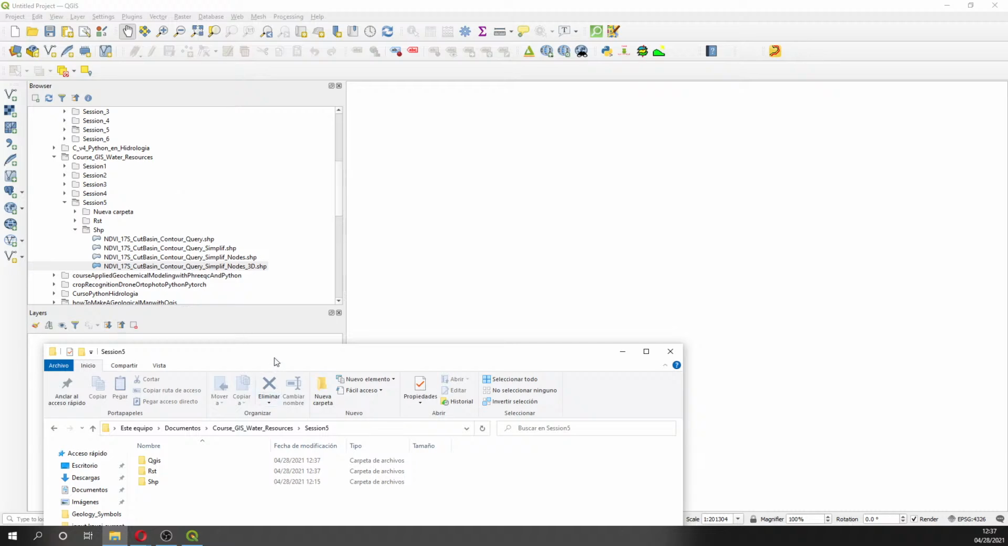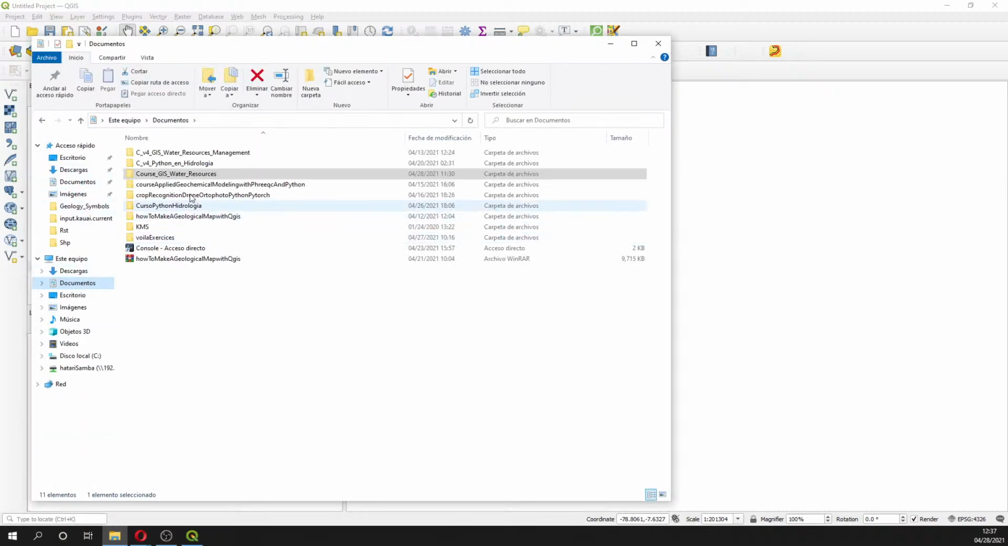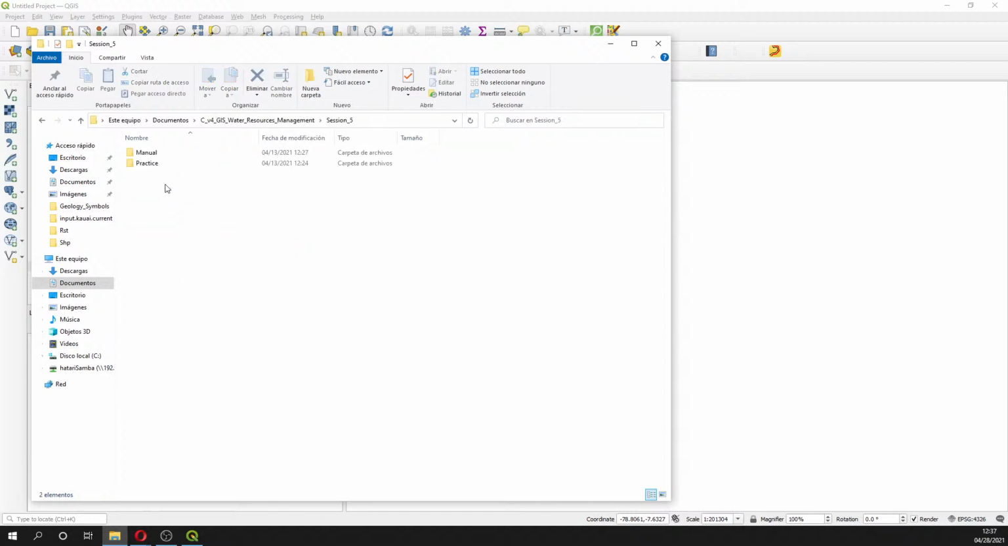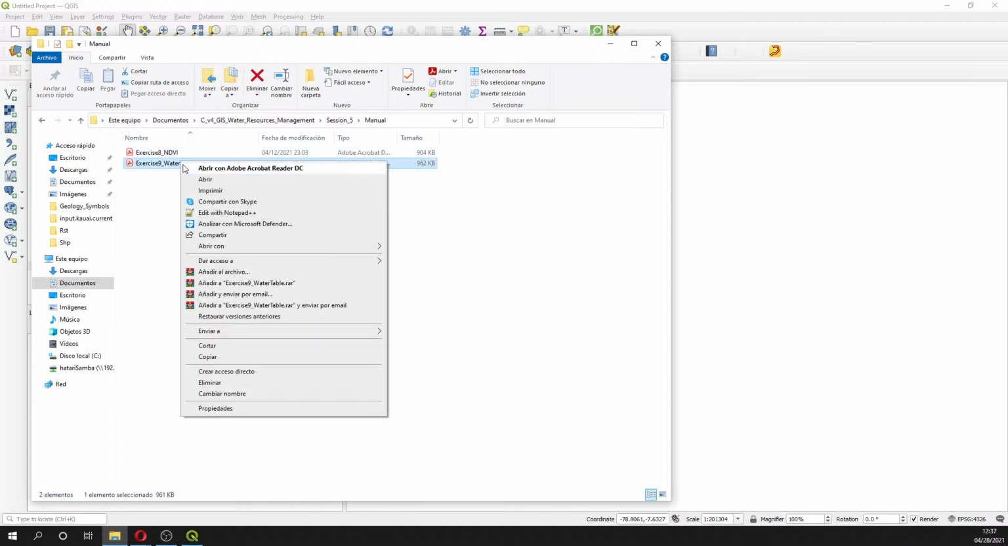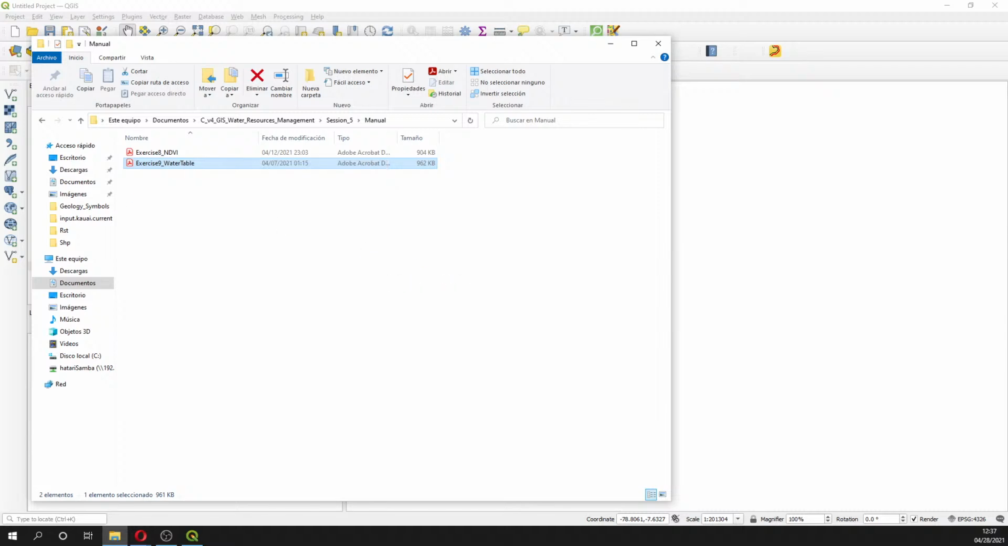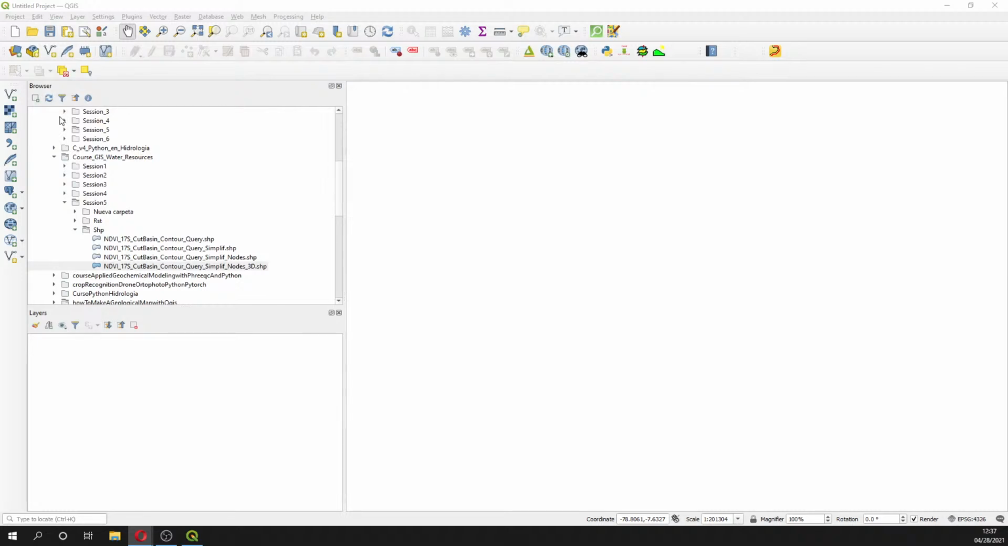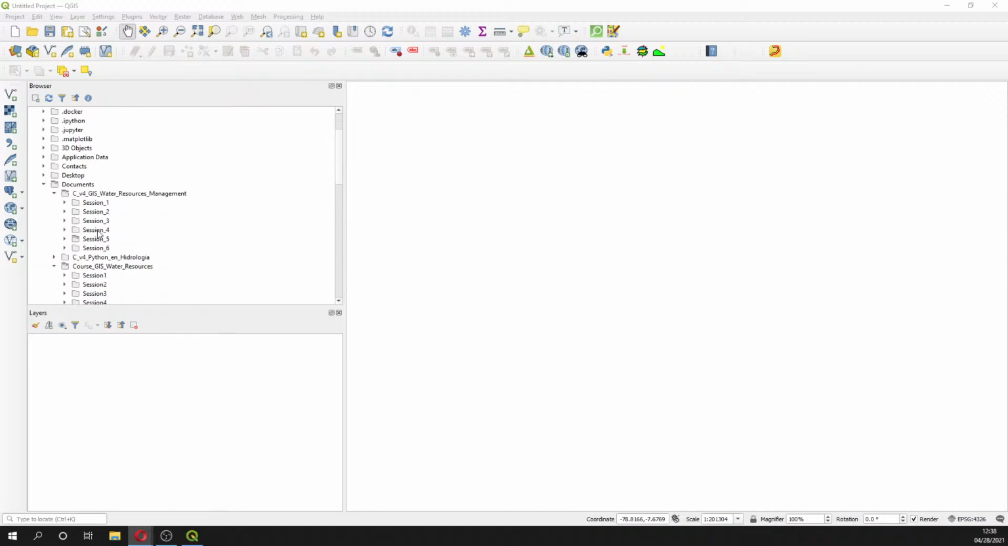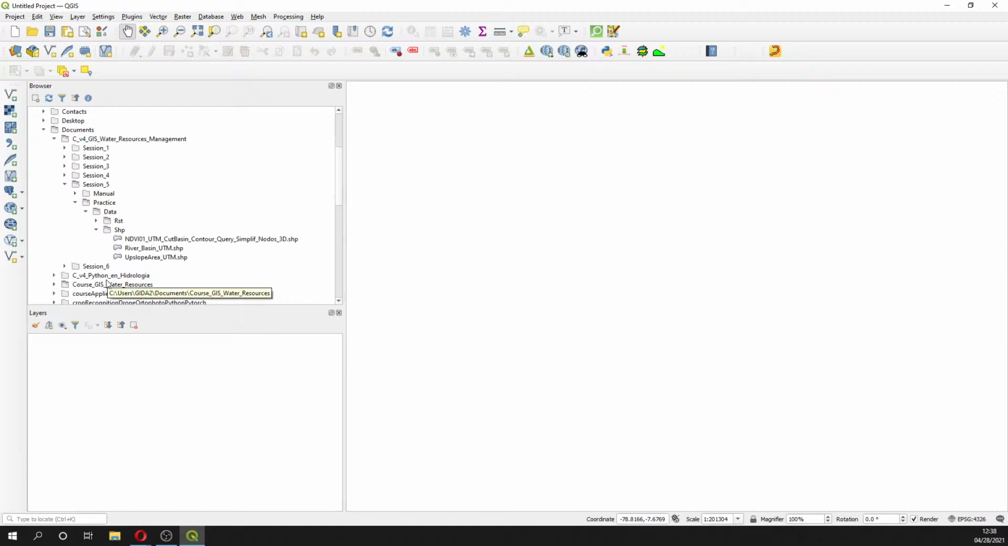Okay, so let's work with the session 5 manual. Let's do the water table. Okay, so let's start. We are going to work on the course material data. We are going to do something similar to what we have done